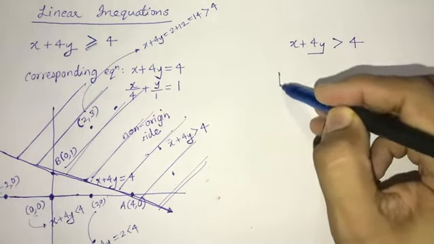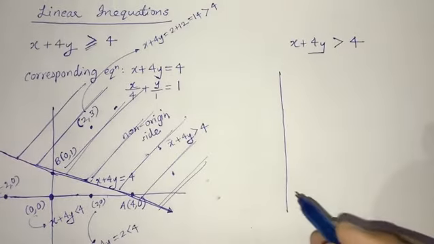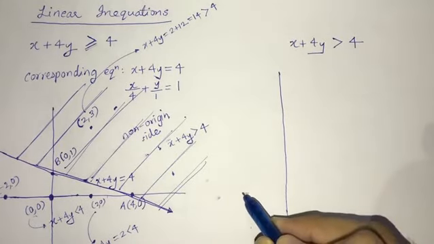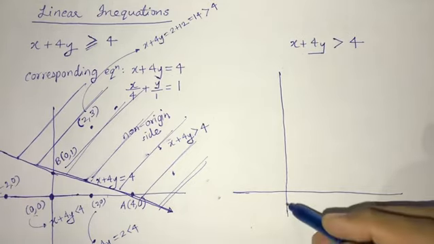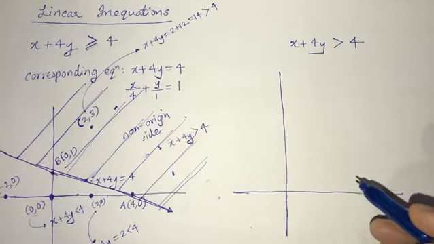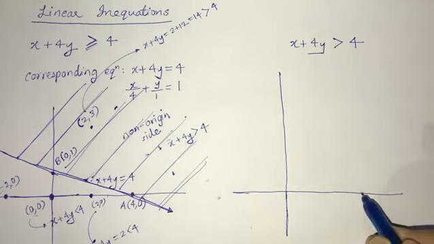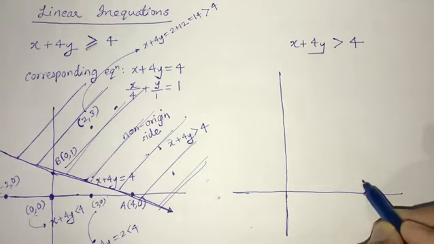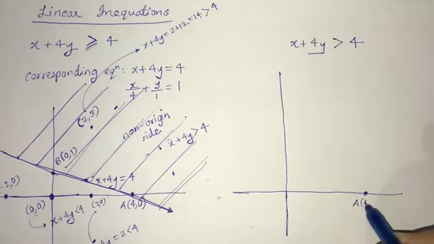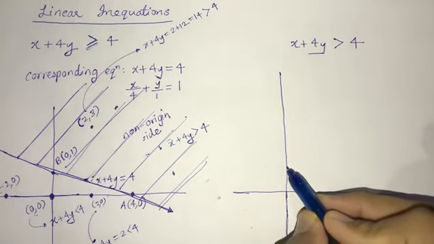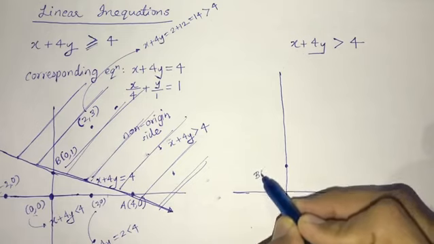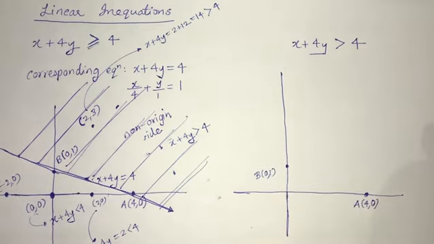You must be wondering what's different in this. Only one difference we have here in both the questions: in this question, we are not going to include the points which will satisfy the equation x plus 4y equal to 4. You won't be taking those points. A is 4, 0, B is 0, 1,